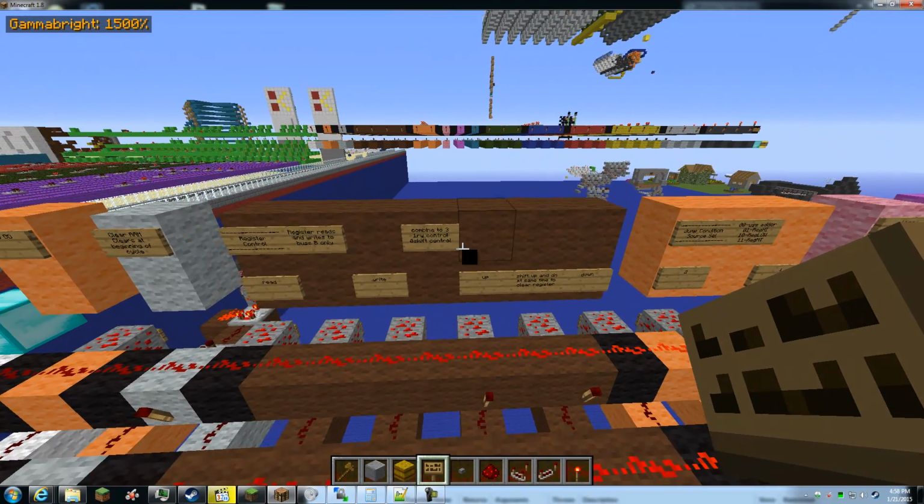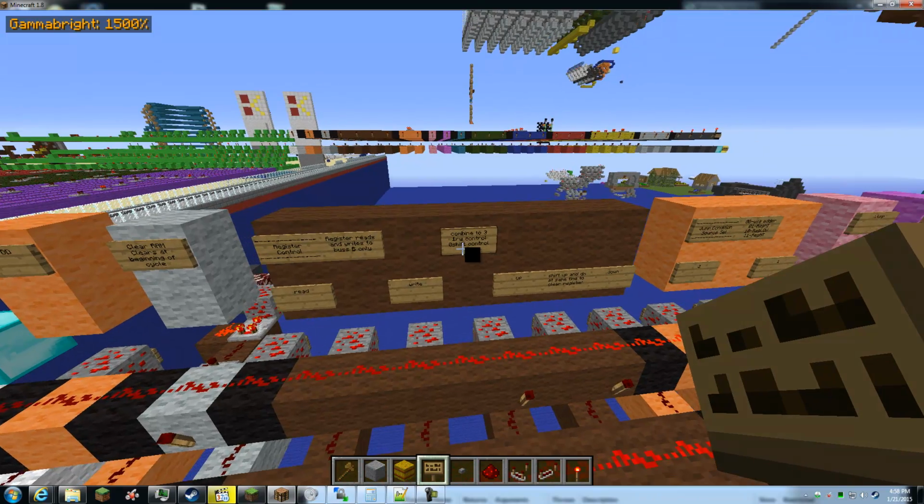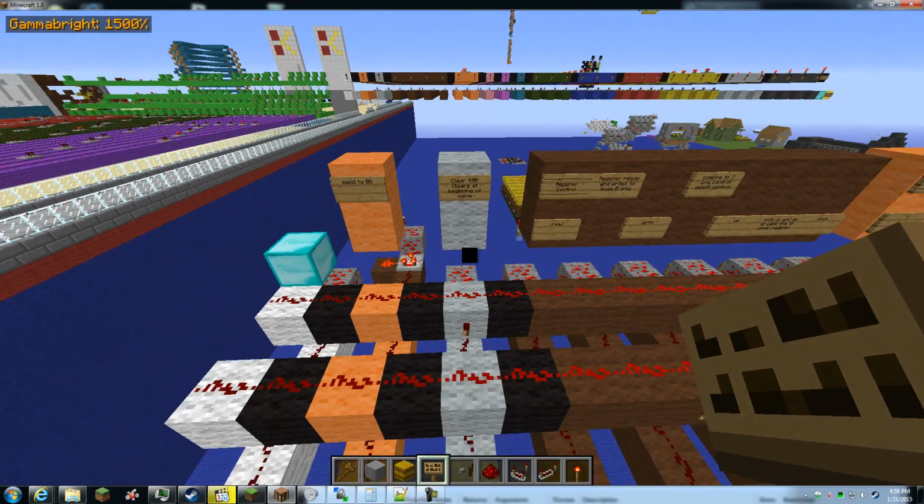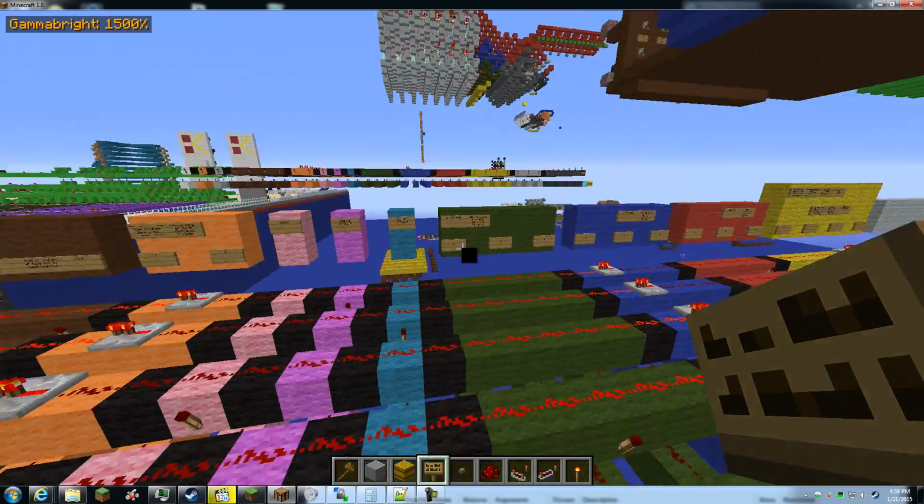Alright, here's our shift register control, and that's a note for later. This is our clear RAM function and everything else. So